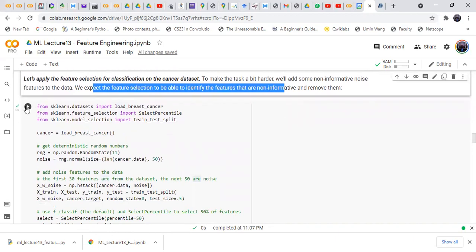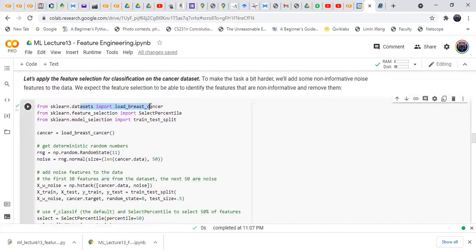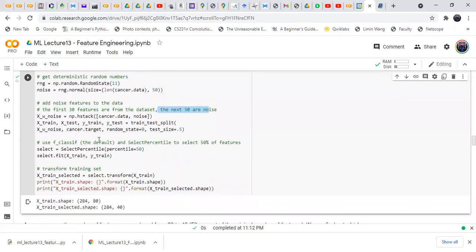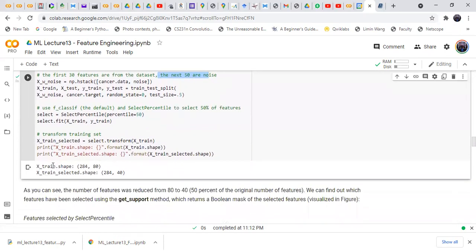So let's try. It loads the breast cancer dataset and selects the percentile we are going to use. It adds deterministic random noise to the data. At first there are 30 features, and 50 extra noisy features have also been added.